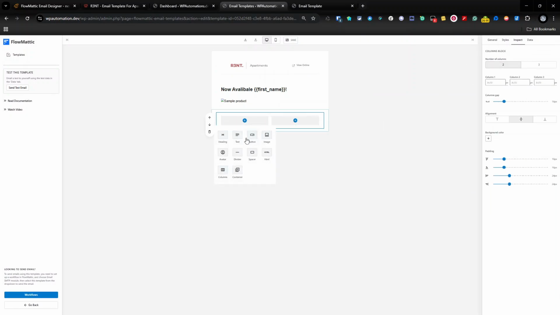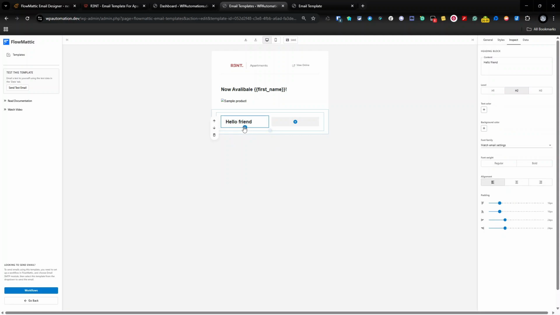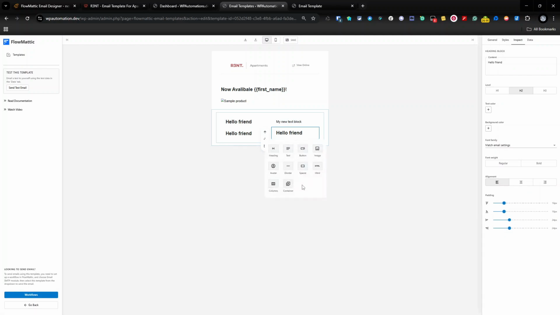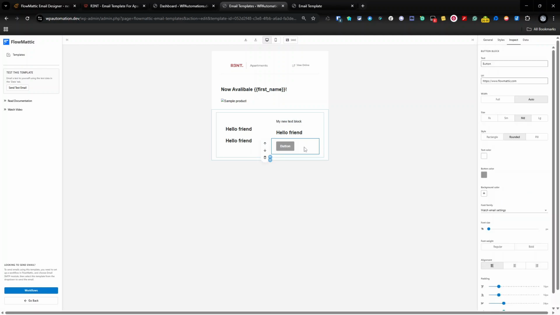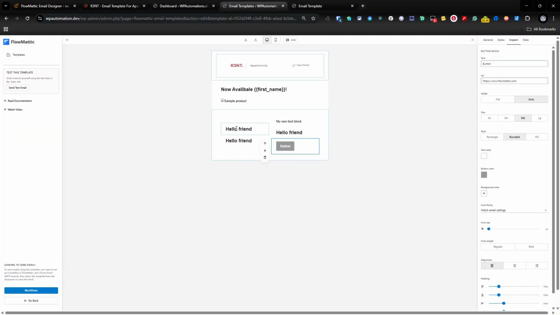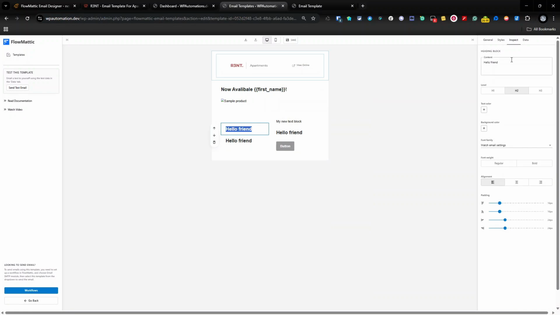I said H2, H1, text, H2, and a button is what I think I said. And it doesn't look anything like it. So now what we're going to do is grab our bits and pieces from here, and we are going to make this our H2,